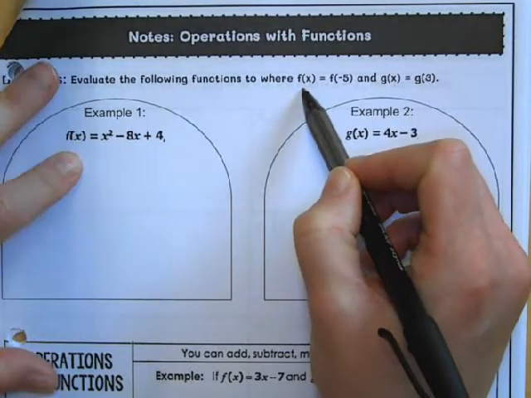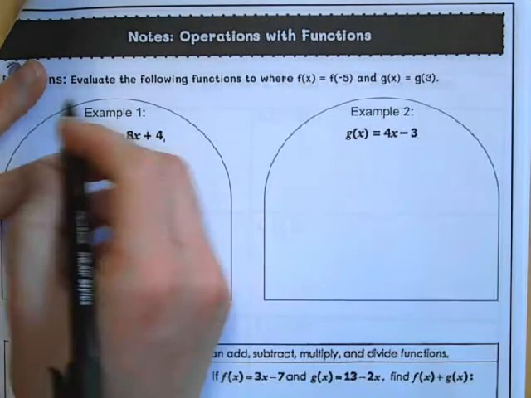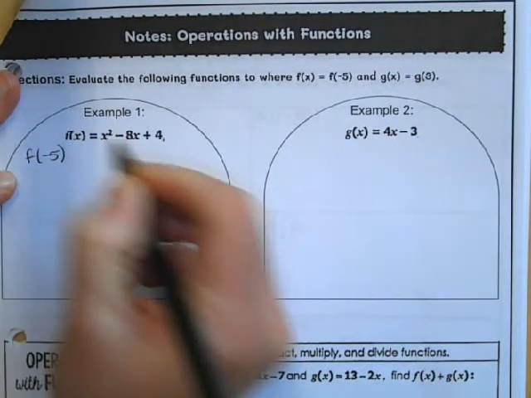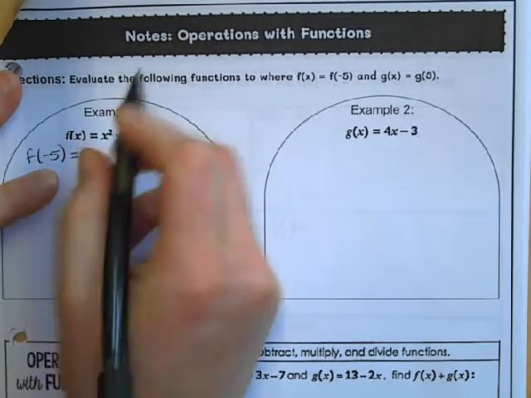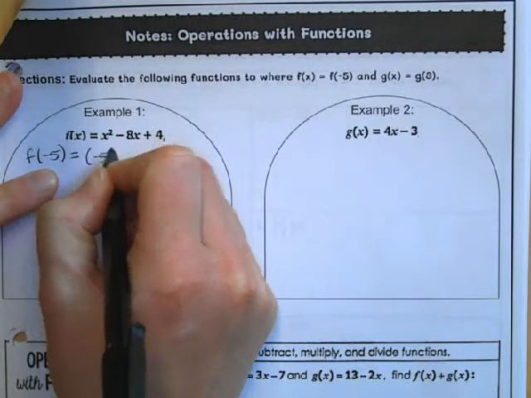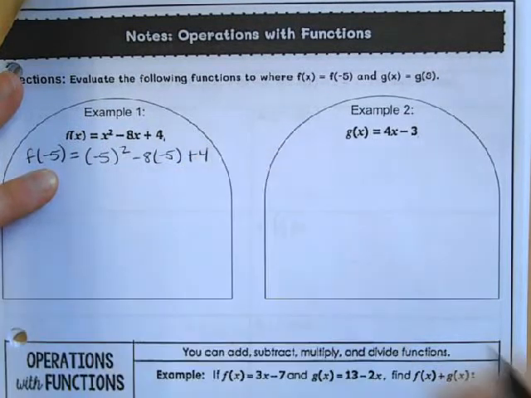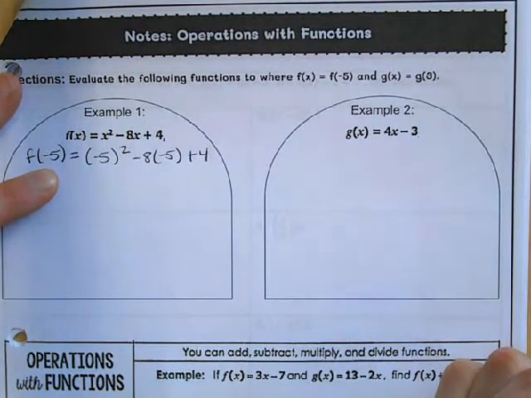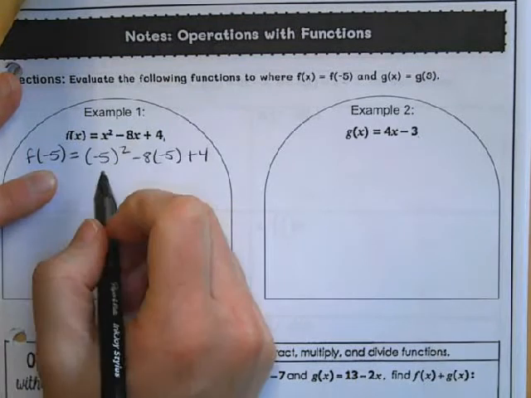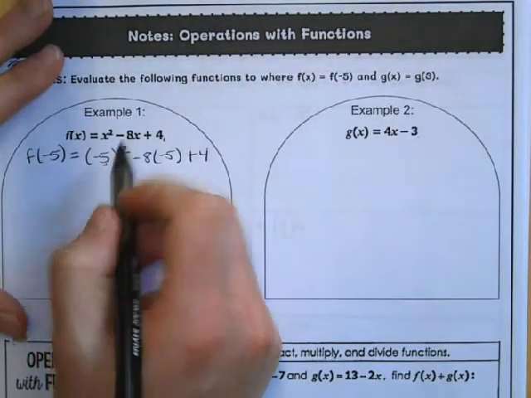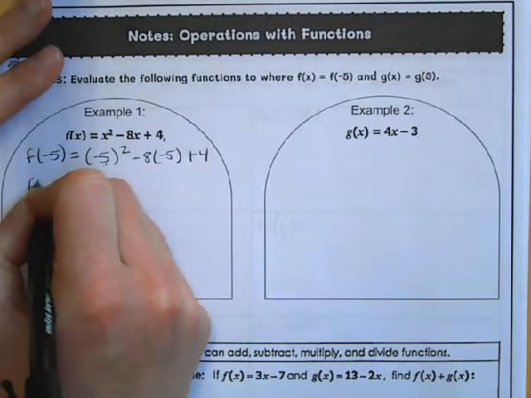So here we have f of x. So that means I'm going to be plugging in a -5 for all the x values here. So we say -5, this means I'm plugging in a -5 for my x values. And I'm just going to plug in everything in parentheses where I'm putting that -5. Now we're just going to go ahead and use our PEMDAS rules and simplify our expression here, our equation here. So -5 squared, I end up having